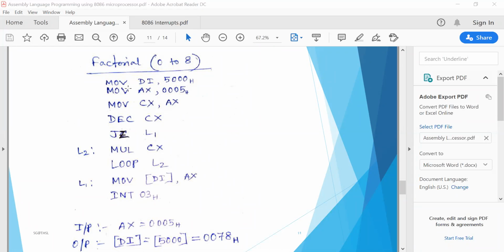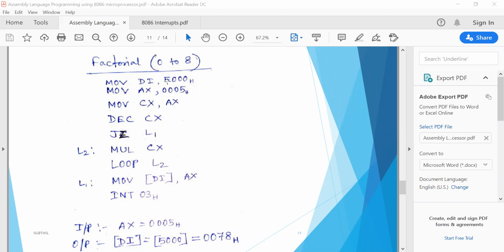So what will be the logic of this program? The factorial to find out between any number between 1 to 8. Suppose I have to find out the factorial of 5, which is 16-bit in size. So I have loaded this number into one register, which is in AX. Is it clear? Then I have taken DI as 5000 because I need to store my result into 5000 memory location. Okay, I am not storing it in any register.